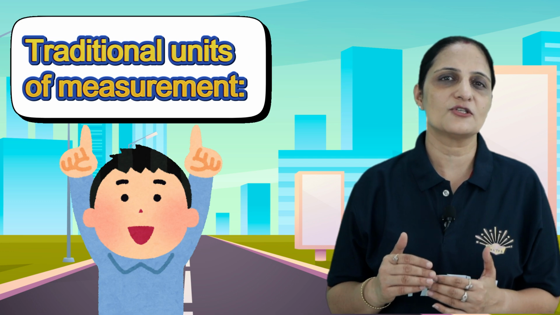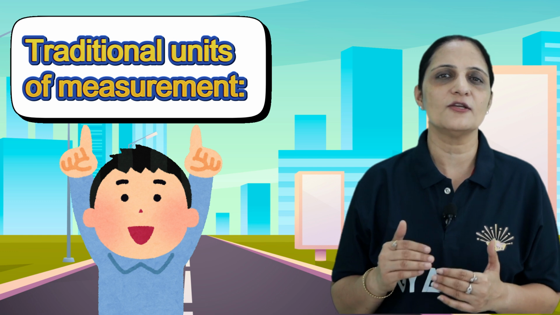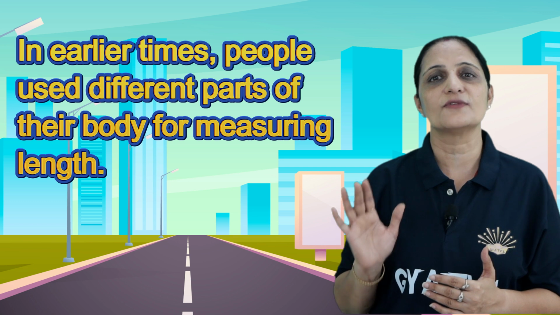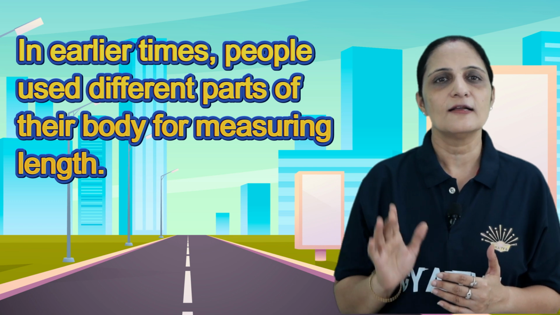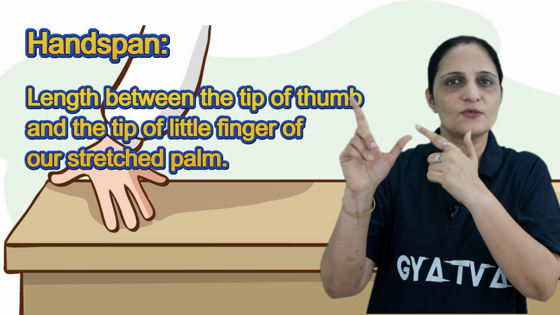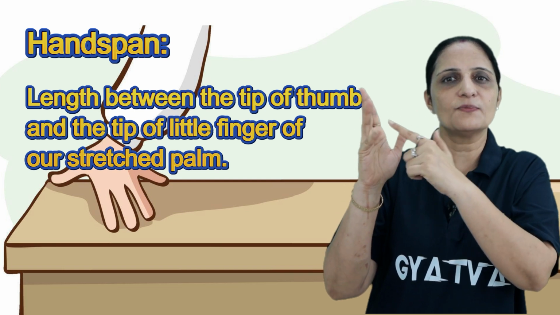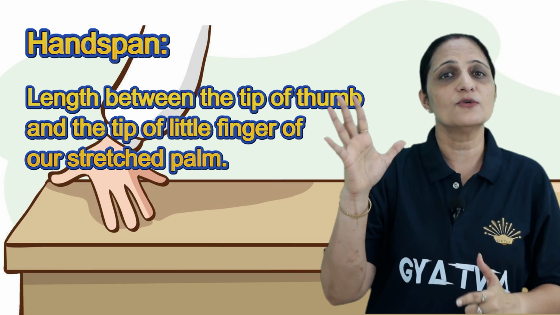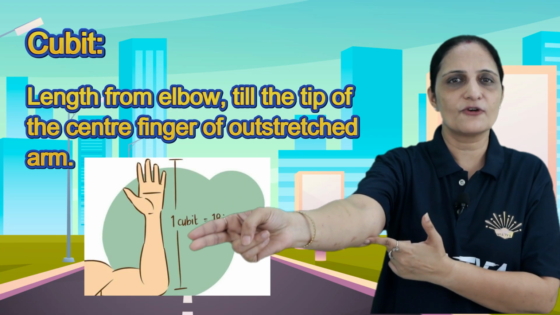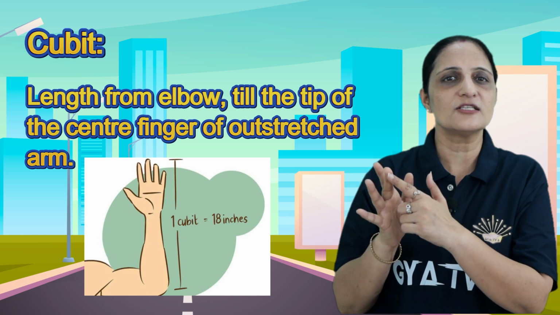Before starting with the measurements, let us come to the traditional units of measurement. In earlier times, people used different parts of their body for measuring length. First was handspan. Handspan is the length between the tip of your thumb and the tip of the little finger of your outstretched palm. Second is cubit, that is the length from elbow to the tip of your centre finger